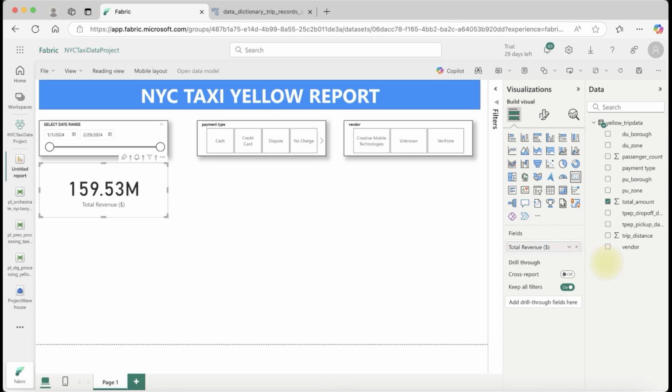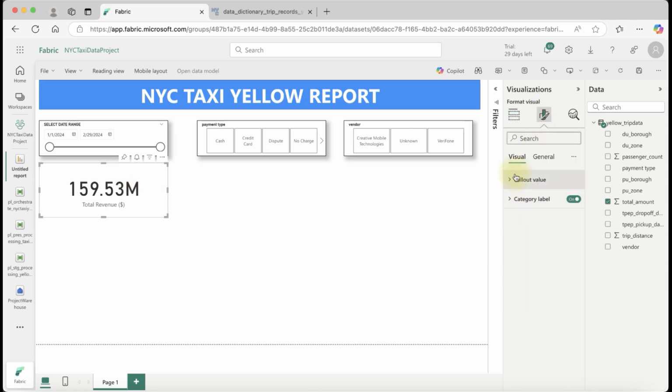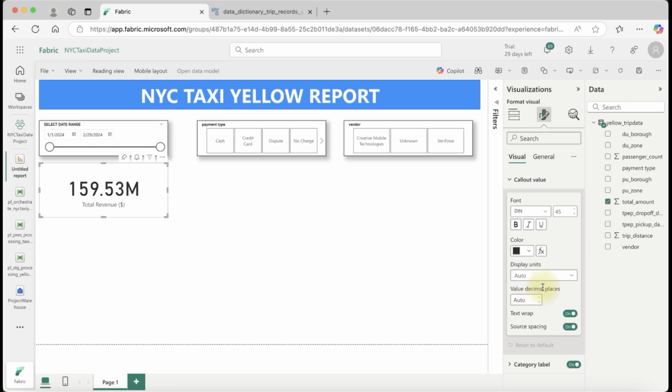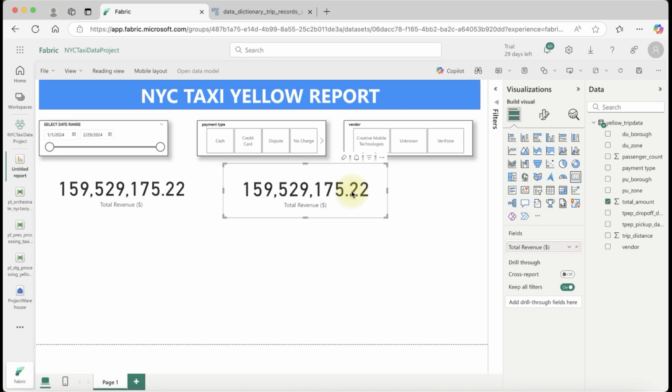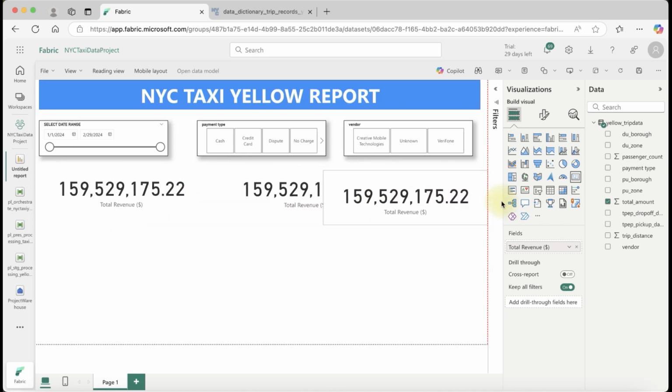Okay, and again go here and let's set this to none. Okay, so you can see the full amount, and let's copy and paste, copy and paste. Let's make these a small size